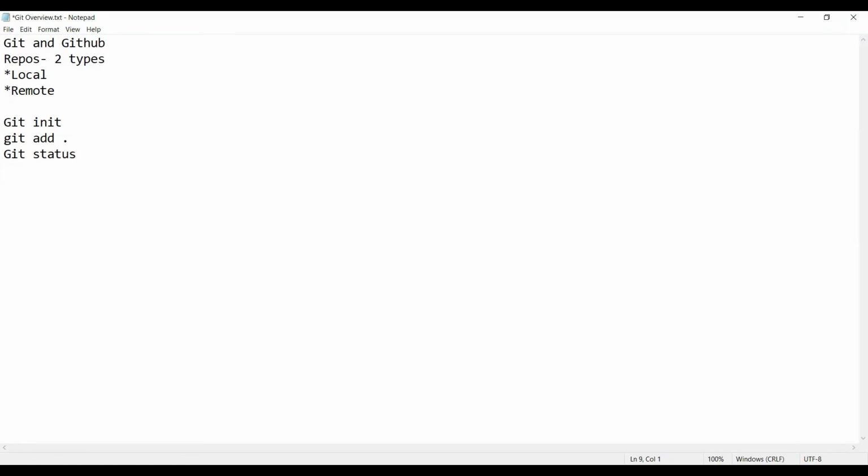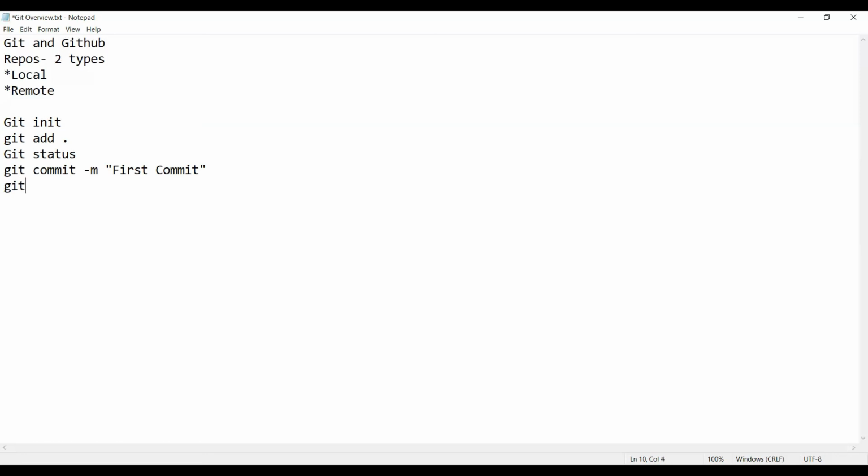So now next, if we have already added all the files, we have to commit it. So git commit switch m and in double quotes, the message. The message can be like first commit, it can be second commit, or the number of commits you make. So you can again check the status of the bash.